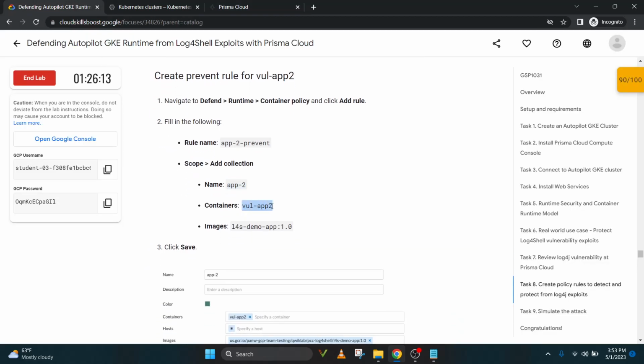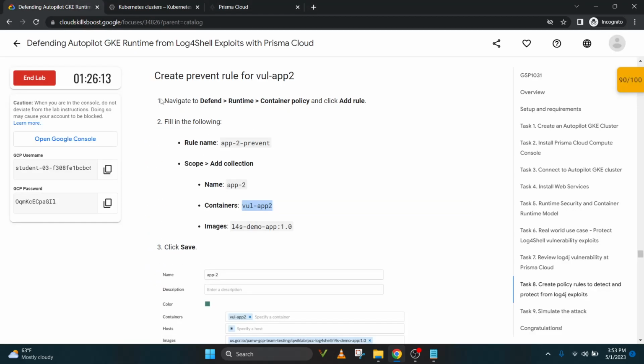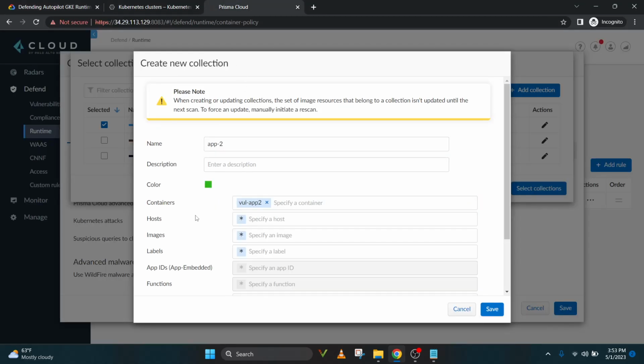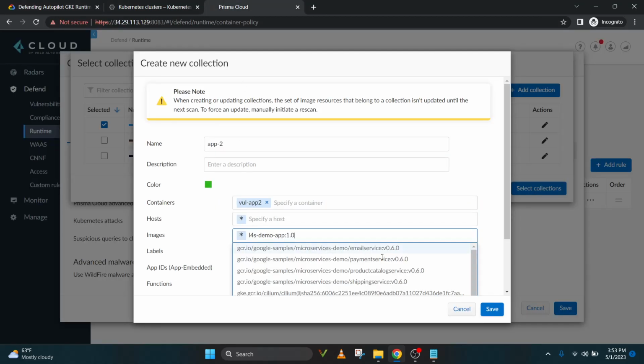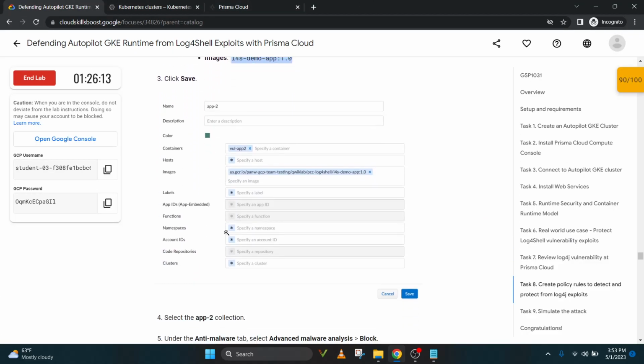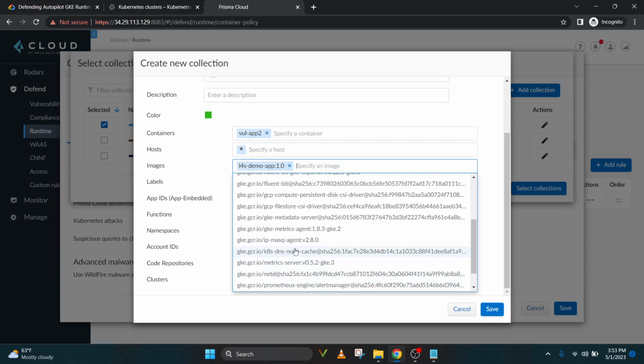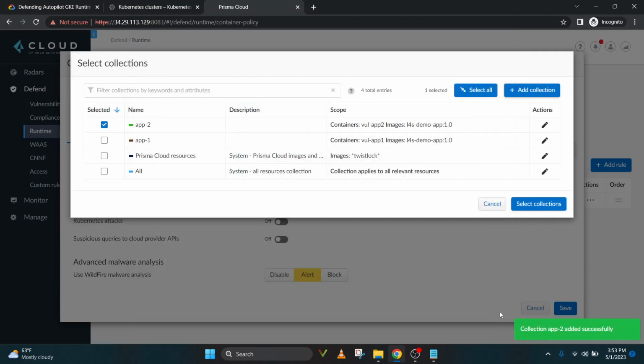And these are the container. And we need image like this one. And just paste next to the image, and it is done. Now click save button. So this is done, and then you have to click select collection,